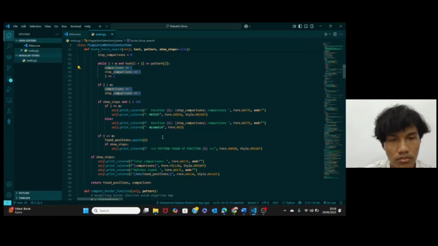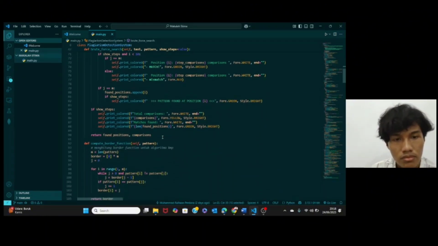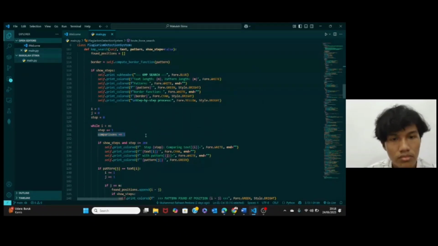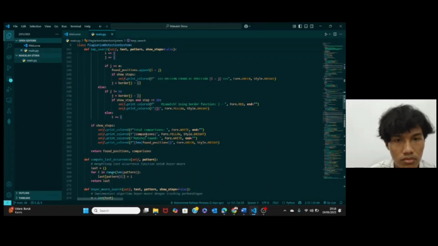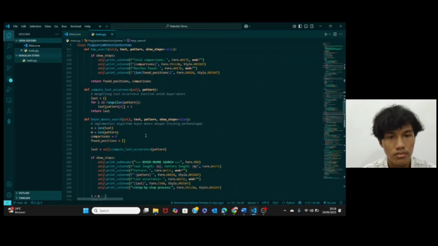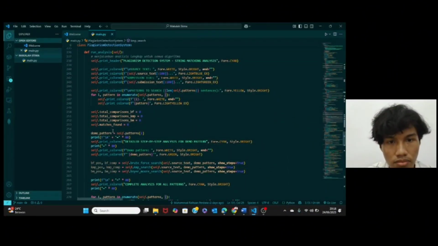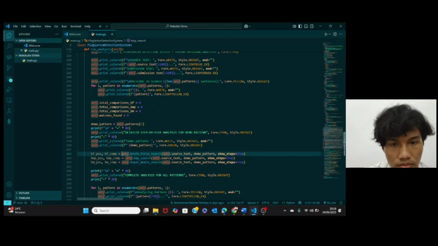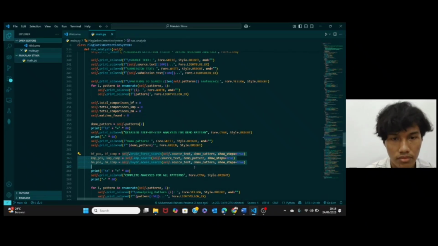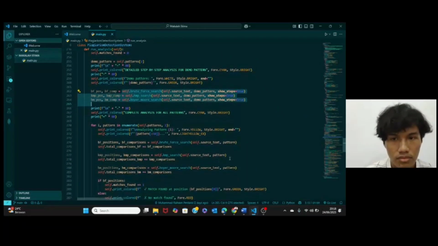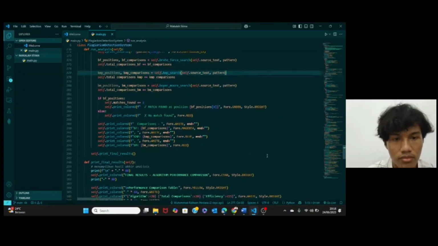It tracks every single time a character from the pattern is compared to a character from the text. This is our key metric for measuring performance. Finally, the run analysis function orchestrates the whole experiment. It runs each algorithm on our datasets and gathers all the performance data for our final report.